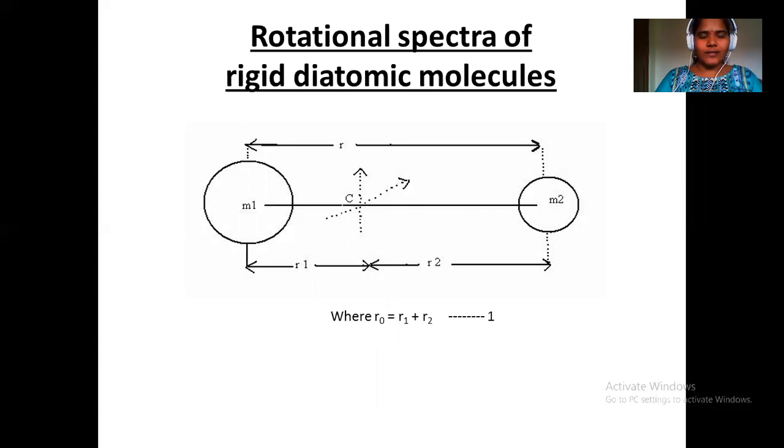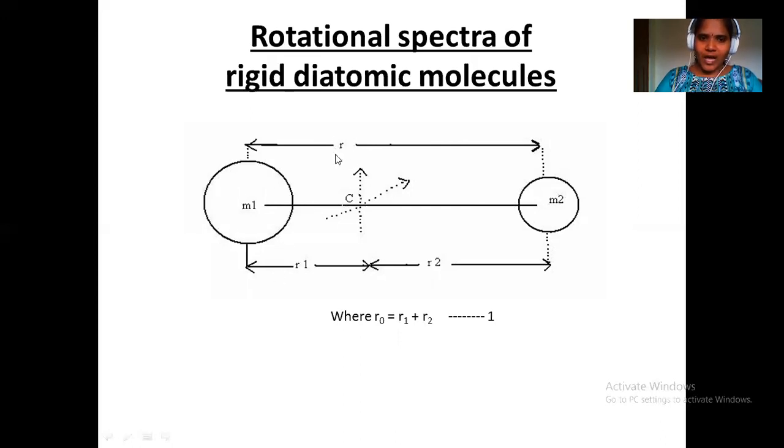Let's take a rigid diatomic molecule. I mentioned one thing, that the molecule should have polarity, so obviously I took HCl here. The larger one in size is considered Cl minus and this as H plus. You can take M1 and M2, where M1 is greater than M2, so obviously the center of gravity will lie nearer to M1. Consider the distance between these two as R, the bond length.